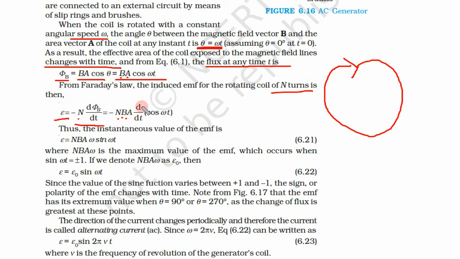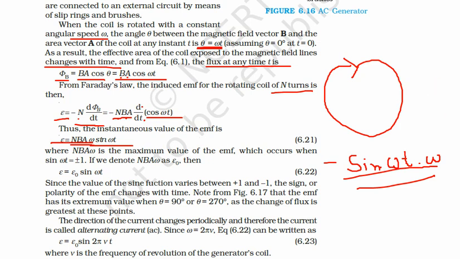So B and A are also out of this differential. So in differential what we get? d upon dt of cos omega t. And what is the differential of cos omega t? Cos omega t gives minus sin omega t, and this omega will be differentiated once again. So we get omega. The minus was already there, and cos becomes minus sin. So NBA we get minus, and this minus gets plus. So minus is gone. One omega we got because of this omega t, and cos omega t gives sin omega t.